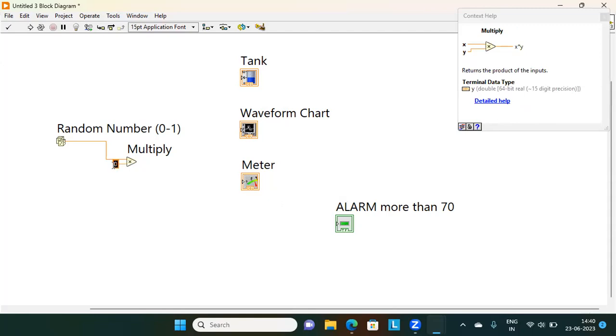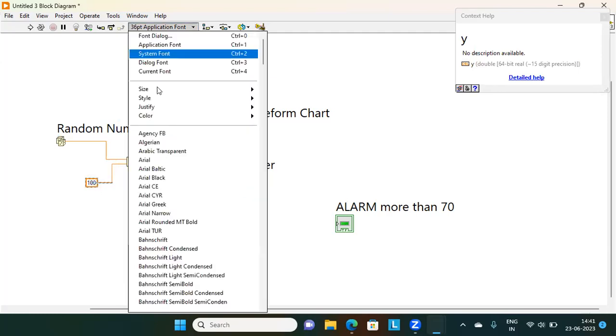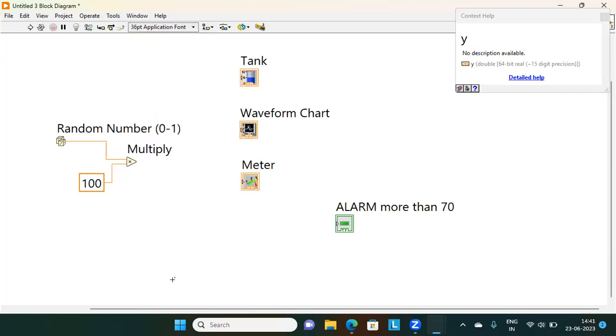Okay, so automatically a 0 will appear. Now this 0, just move your cursor, double click on this 0 and type 100. So automatically this number becomes 100. So it is now 0 to 100. Now 0 to 1 becomes 0 to 100 by multiplying, and now give this output wire to the tank,